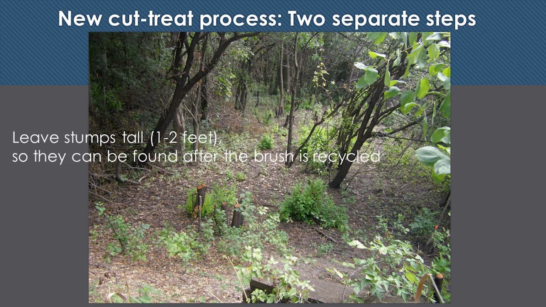If you leave a tall stump and do what you want to do with the brush, you can chip it back into the woods if it doesn't have fruit on it. You can make windrows, which I'll show you photographs of, or you can haul it. You can bring it to the city brush drop, which is a free brush drop-off from March all the way till November. Those are at least 3 ways that you can deal with it. I'll show you that as well.